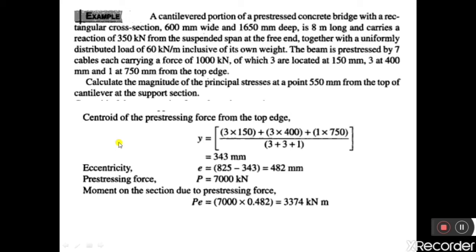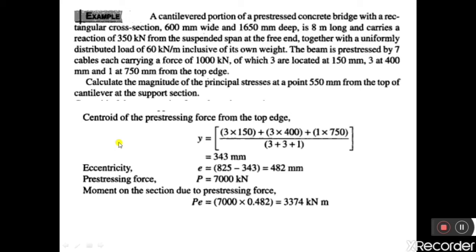Along with this 60 kN per meter, there is a point load of 350 kN, and this 350 kN point load is acting at a distance of 8 meter from the fixed end. That means the point load of 350 kN is acting at the free end of the bridge,